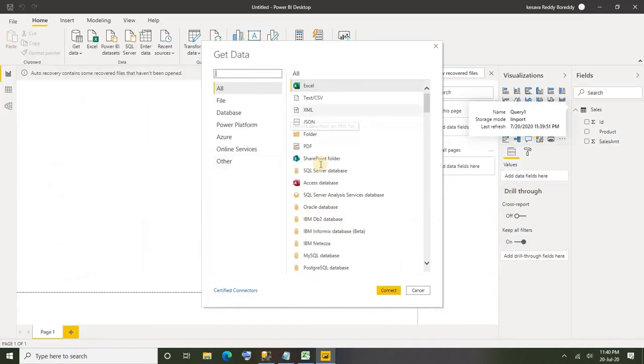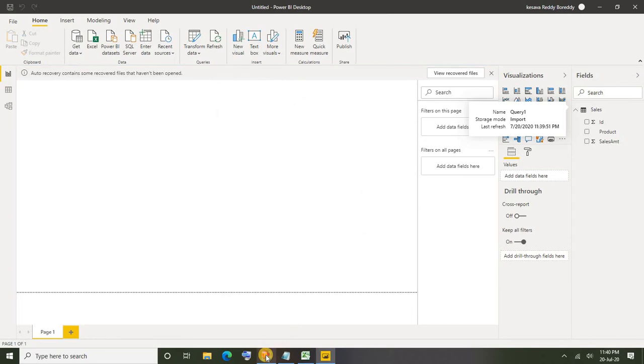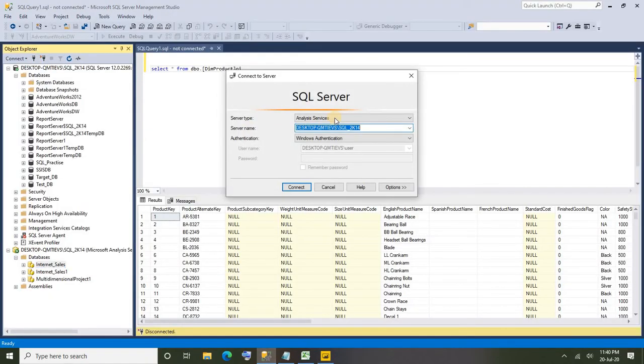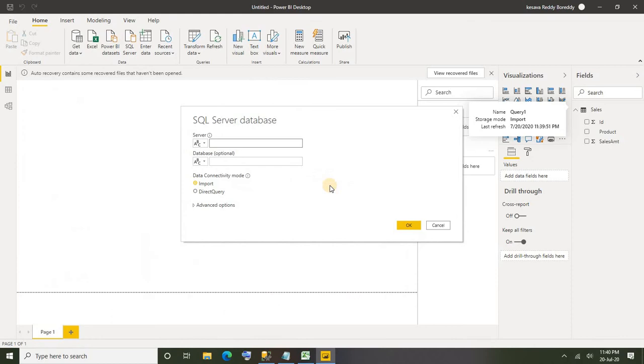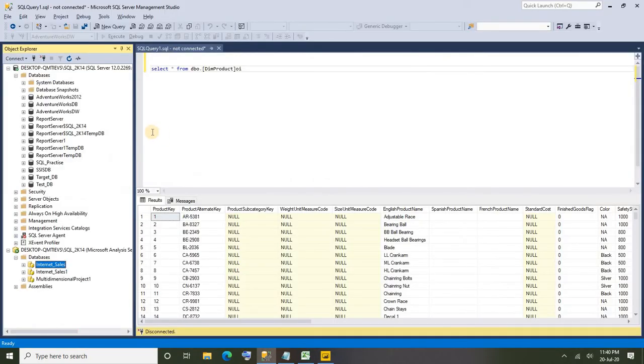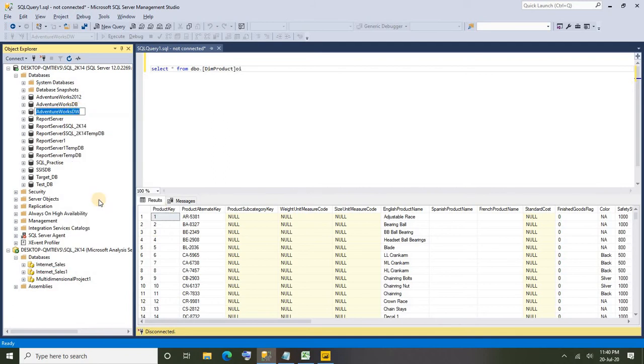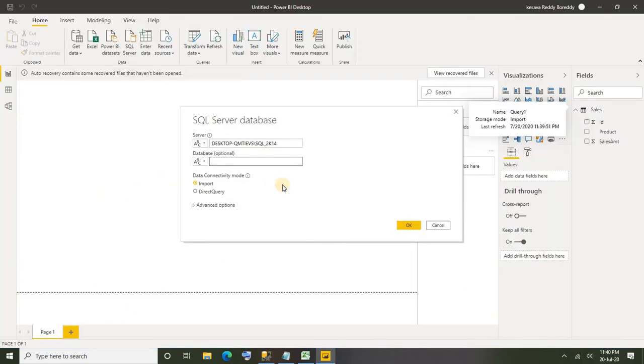Let me import the data from a SQL Server database and then say connect, and let me copy the server name. Okay, then the database name, alright.